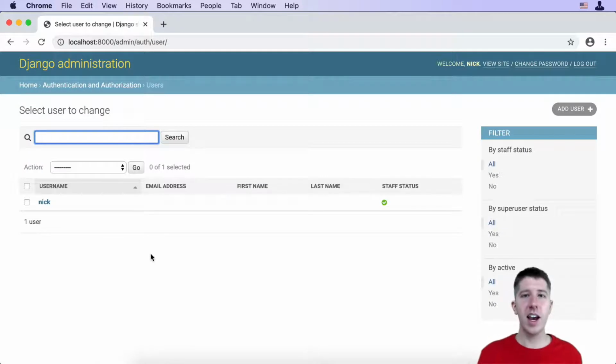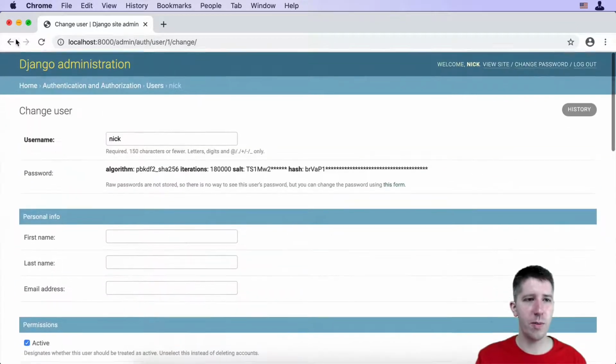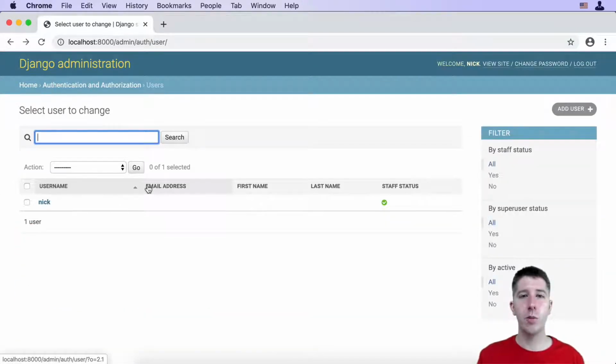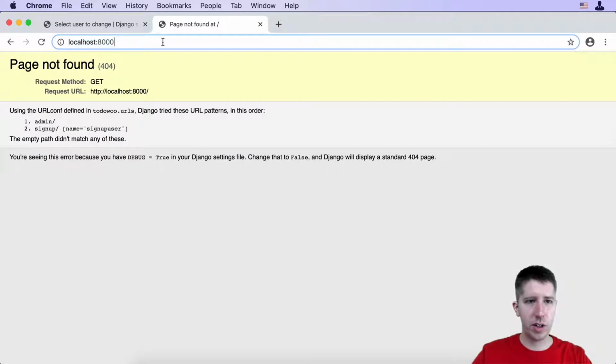And you can see there's actually already been a user that's been added to the database, and that's the Nick that we did when we did that createsuperuser. And here's the username. I would have had an email if I put in a correct email. But it's kind of cool that you can go click on this and see all the different information. But what we're hoping is that when we actually go and sign up a new user, that one will show up here. So in a new tab, let's go back to our home page,